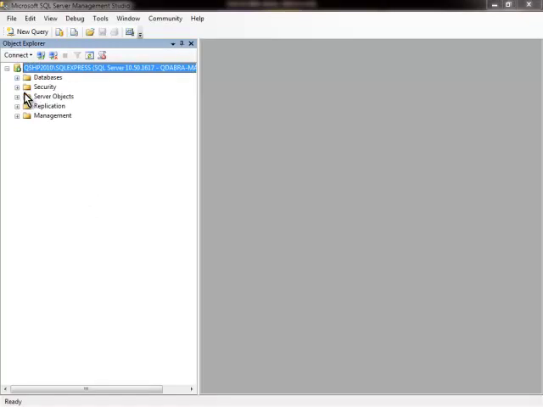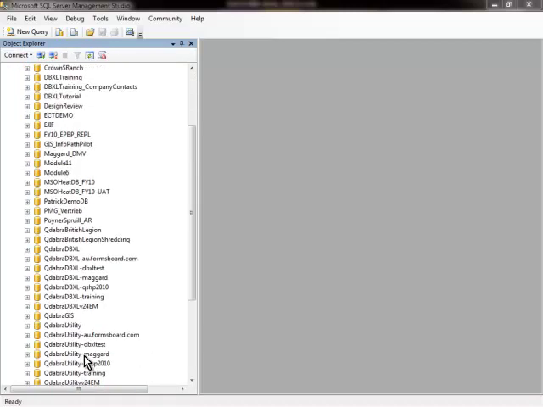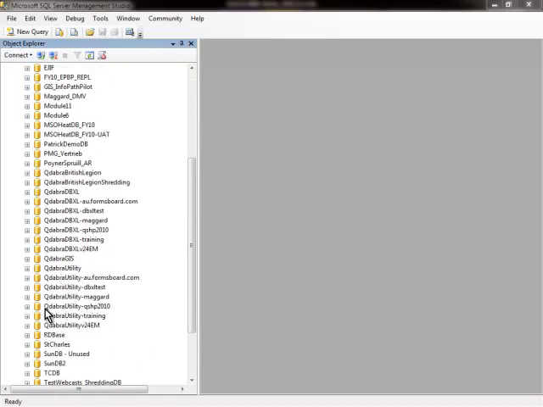Okay, so here's our database. Here's our SQL server with the various databases. And for this demo, we're using our utility database installed on our